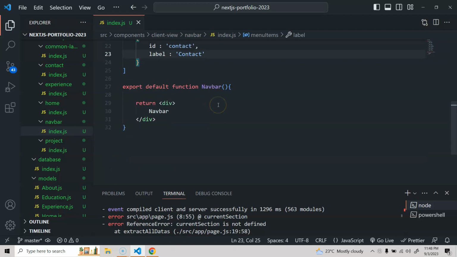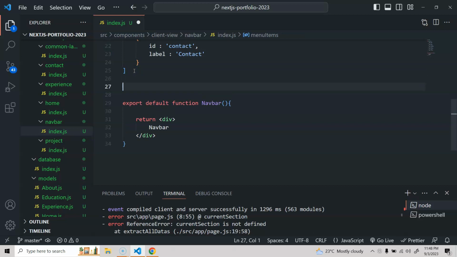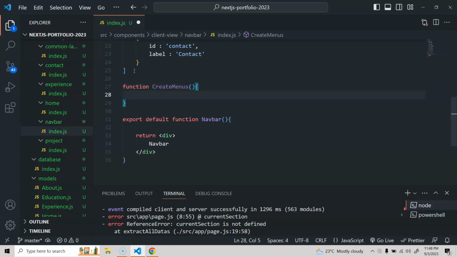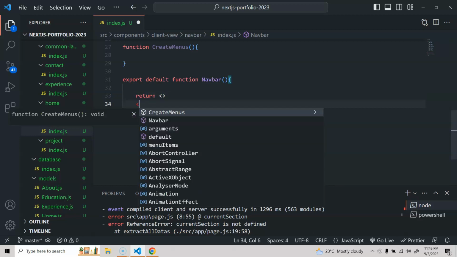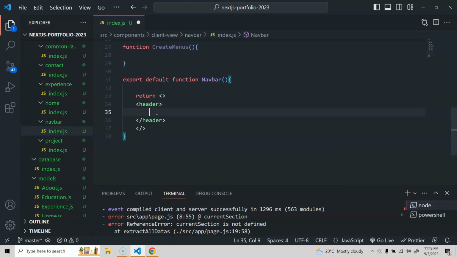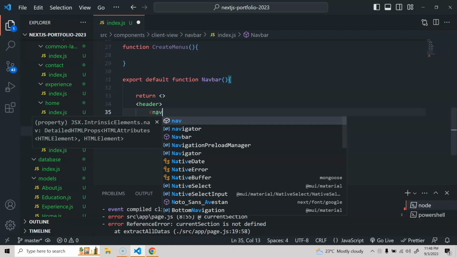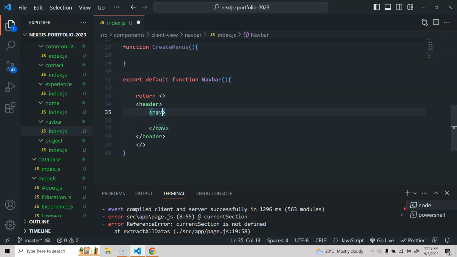Alright, now here what we are going to do, basically we are going to create the menus here. So I'll create a helper component here. So this will be create menus. Alright, before that let's create the main structure. So I'll remove everything from here, and I'll take a header component. Inside this we are going to take a navbar, and here let's take a class